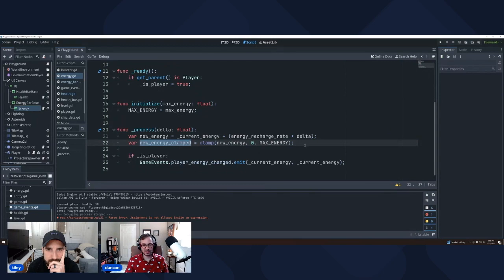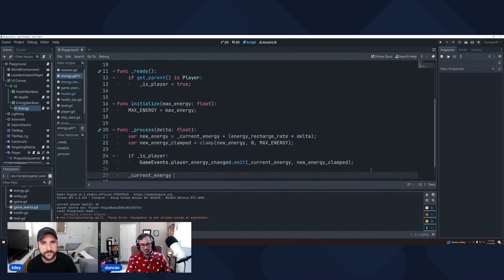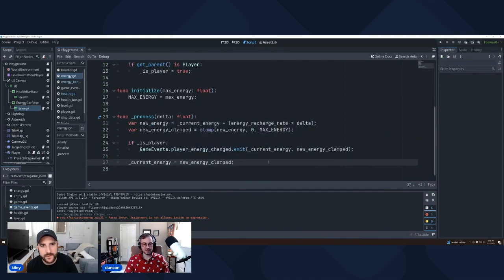And then we want to make sure that we use that. And actually what's kind of nice is the previous energy will just be current energy, right? In case, again, we did want to use that, and then we'll go ahead and after that, we will set the current energy equals to energy clamped. There you go. So that should fix that.